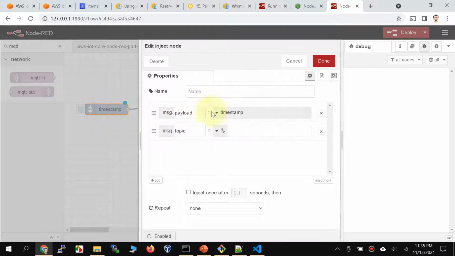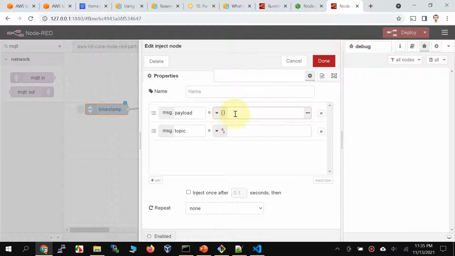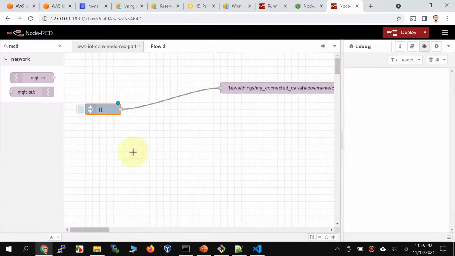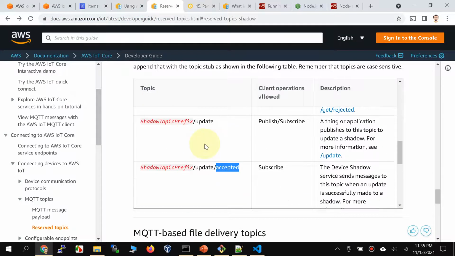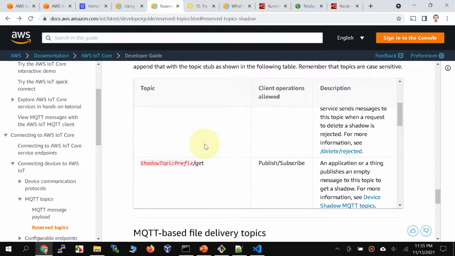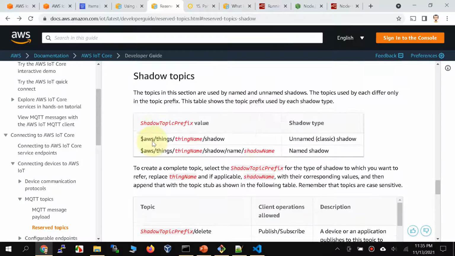And I'm gonna send an empty value to this, and I'm gonna explain why I'm doing that. So I'm gonna go ahead and send an empty value. Go ahead and say done. I've linked this documentation in the blog, but notice that if we send now, here is where we talk about